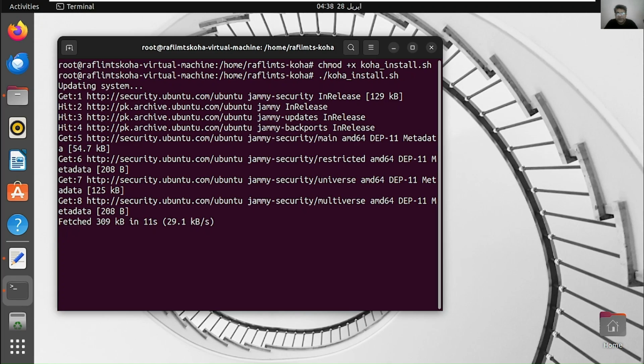Of course, it will take a long time to complete because all the process goes at once. You can execute this file and come back after 1 or 2 hours. It depends on the speed of your internet, but you can install Koha with just one command, with just one script, and it will install all.